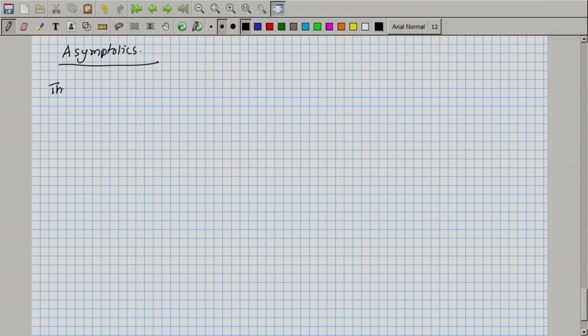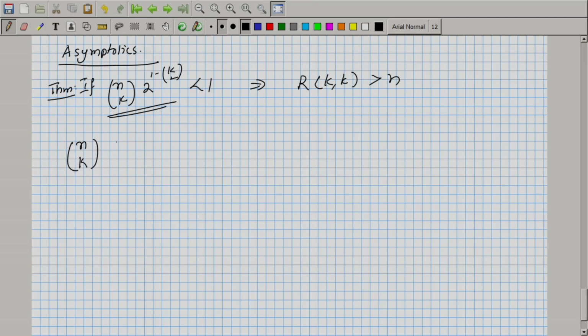Okay, so our theorem was the following: n choose k times 2 raised to 1 minus k choose 2 less than 1 implies R(k,k) greater than n. Okay. So, let us look at this quantity, that is going to be n choose k times 2 raised to 1 divided by 2 raised to k choose 2, which is k into k minus 1 by 2, is less than, this quantity is less than